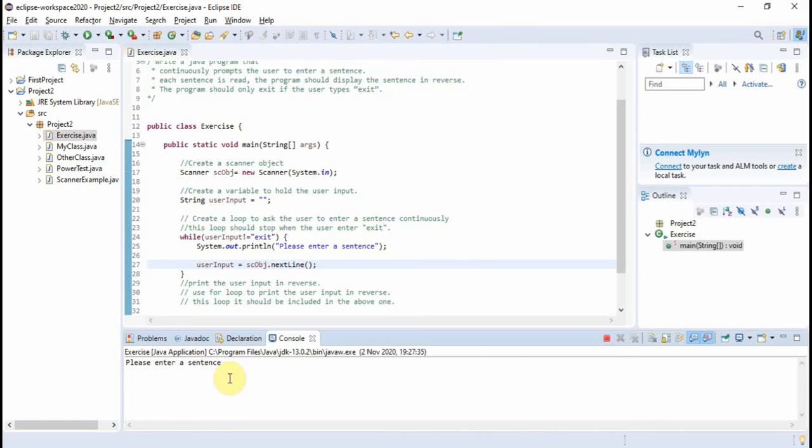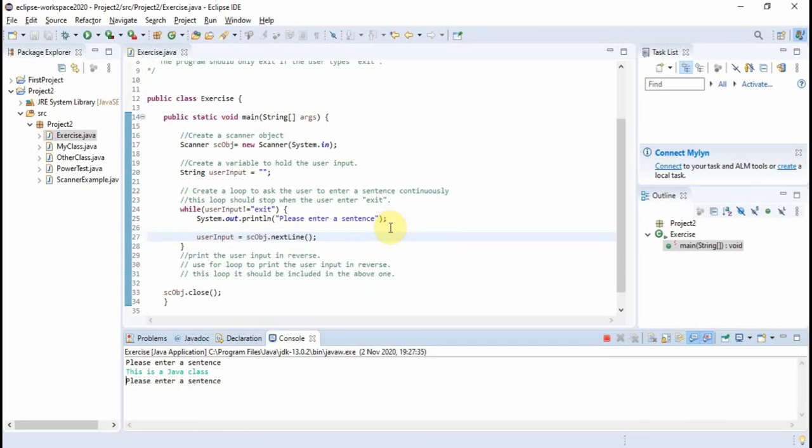I'm gonna write, say, this is a Java class. Please enter a sentence, because we didn't do anything yet. All right, it's good to keep trying the code step by step so you figure out where's the issue early. All right, now